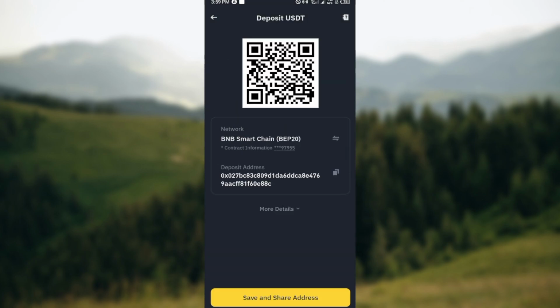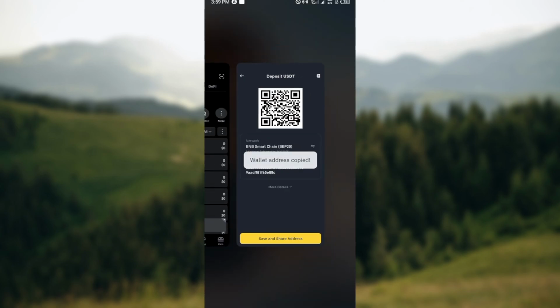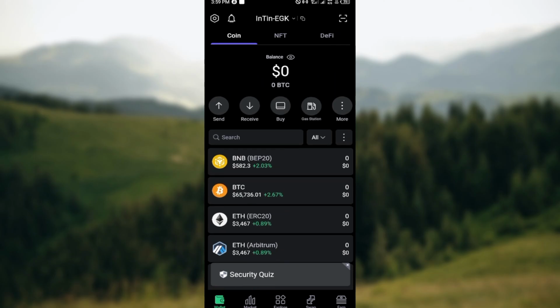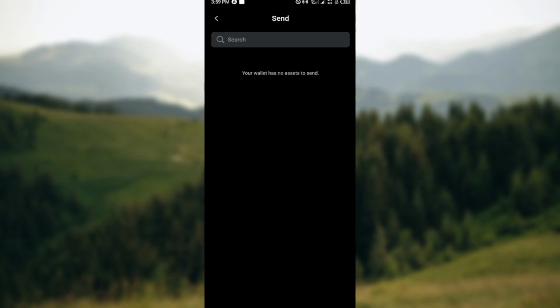So after copying the deposit address here, you can now go back to your SafePal. So just copy it. All right, so you go back to your SafePal, and then once you're on your SafePal, the next thing will be for you to click on send. All right, click on send, and then you'll be taken to the page where you'll be able to paste the wallet address, enter the amount you want to send, and then once the money has been sent from your